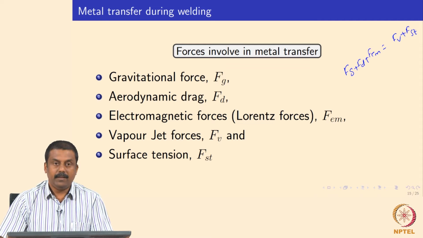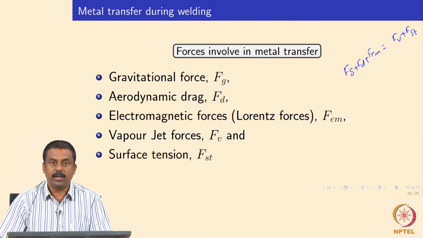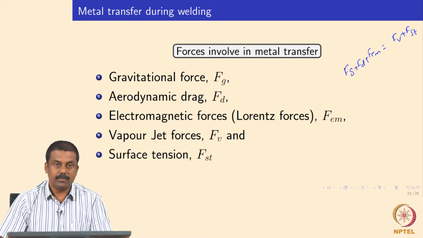characteristics. And in case the current is high, obviously the Lorentz force supersedes gravity, then the droplet can be detached with a smaller diameter or with low mass. And of course, if you have a very high amount of vapor jet forces, that will also determine the shape of the droplet that is detached from the electrode tip. For example, if you have a very low current and your droplet is growing in size, in diameter, then the vapor jet force can also change the shape of the droplet into globular, into rippled globular, because of the vapor jet coming from the workpiece.